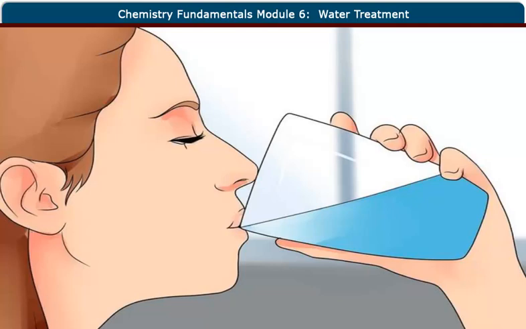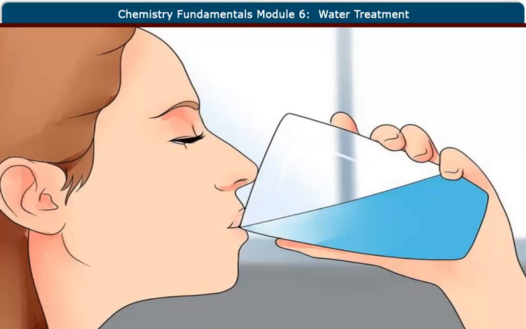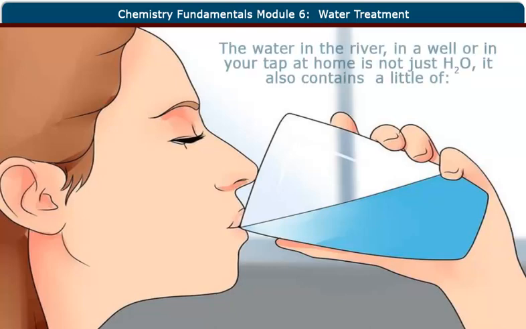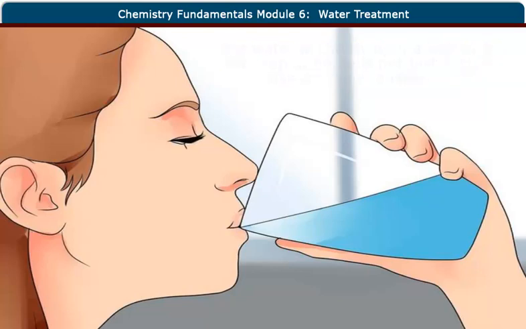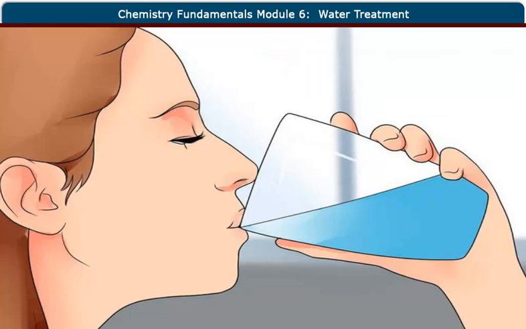But it's not always clean. All natural waters contain some foreign substances or impurities, usually in small amounts. The water in the river, in a well, or in your tap at home is not just pure, high-quality H2O. It also contains some amounts of solid and soluble substances such as sand or other debris that can usually be filtered out,